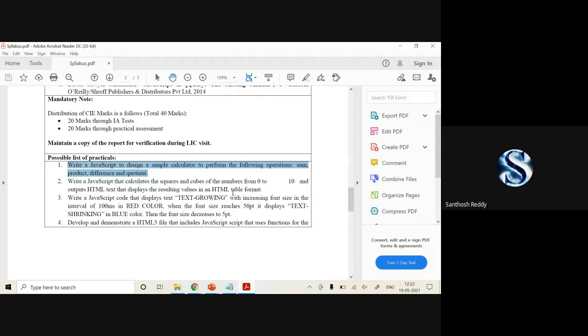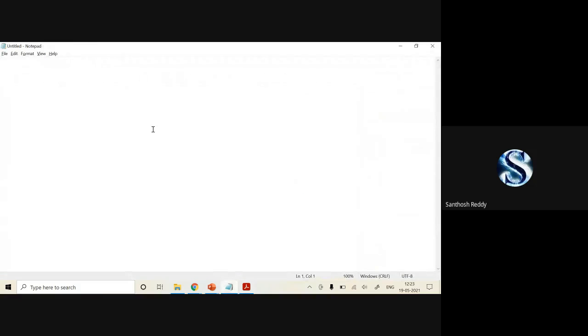First column should be displaying the number. Second column should display the square. Third column should display the cubes. This will be your second program. Okay, this is very simple code. So directly I'll write it in the body part here, HTML.